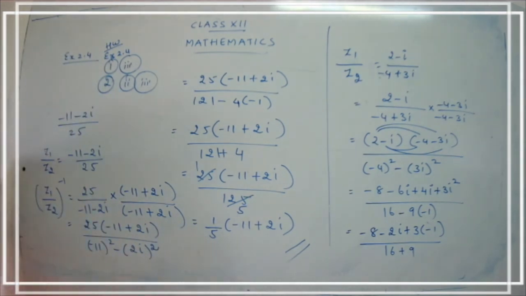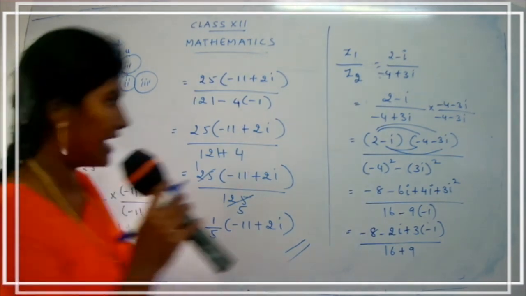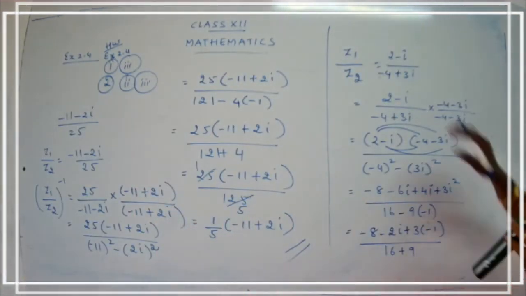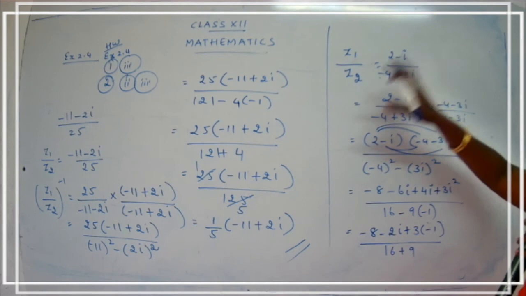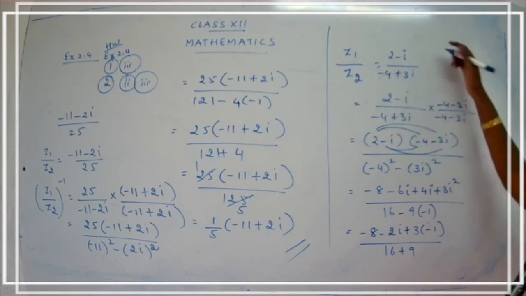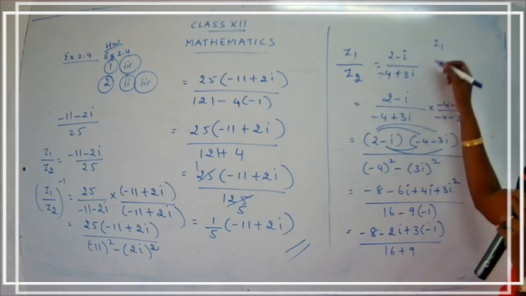So we have arrived at a correct answer. Actually, we have done it in a lengthier method, children. We would have done it directly, so I just tried another method. This method is correct. If you are trying this sum once again, see children, I'll just give you one shortcut method.